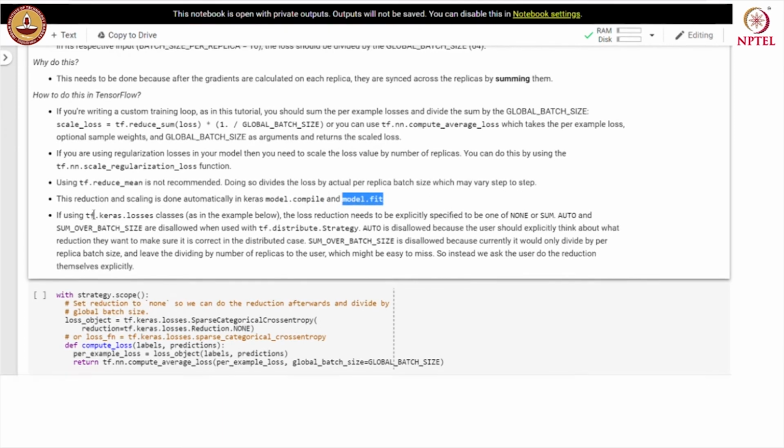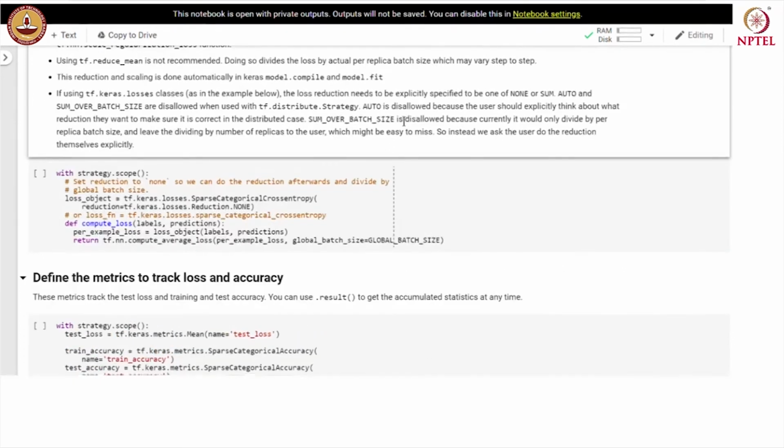If we are using tf.keras.losses classes, the loss reduction needs to be explicitly specified to be one of none or sum. Auto is disallowed and sum_over_batch_size is also disallowed, because currently it would only divide by per replica batch size and leave the dividing by the number of replicas to the user, which might be easy to miss.